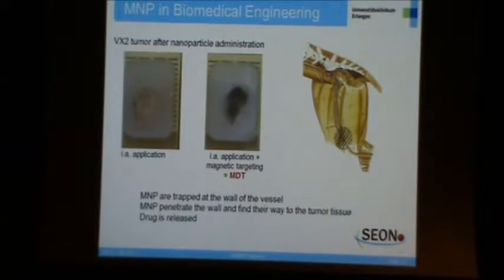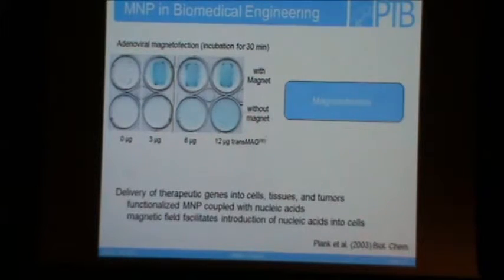Here you see how this works. This is a preparation of the tumor, and you can see already by sight that the nanoparticles are accumulated here. And this is, of course, a very rough picture, but this can be studied in more detail using magnetic measurement techniques. Magnetofection is basically magnetic drug targeting on a micro scale, where on the scale of cell size, this force